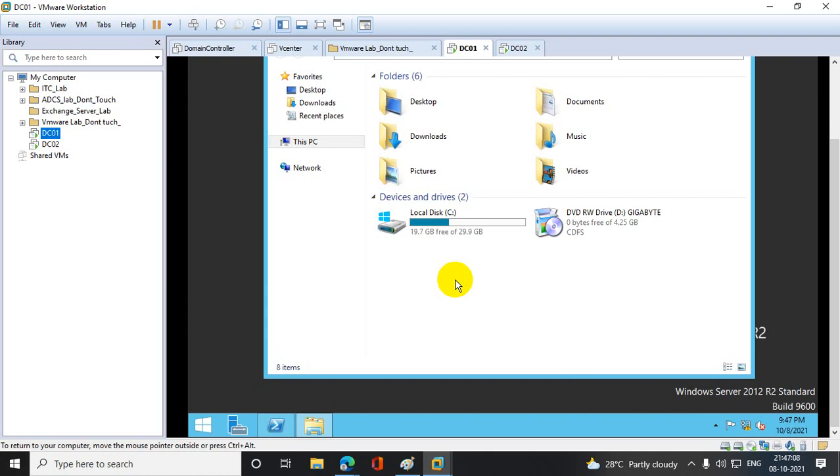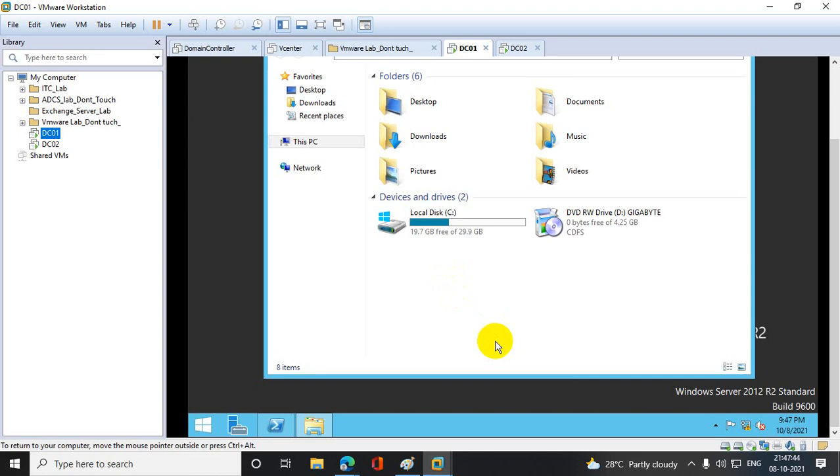What is the intention of format? The intention is you have to format this hard drive with the Windows file system. Now question, what exactly is the Windows file system? NTFS, New Technology File System. If an interviewer asks what you understand by the Windows file system, you say it's called NTFS. So in NTFS you have to format the hard drives. Once your hard drive is formatted with this file system, you are able to access this drive.